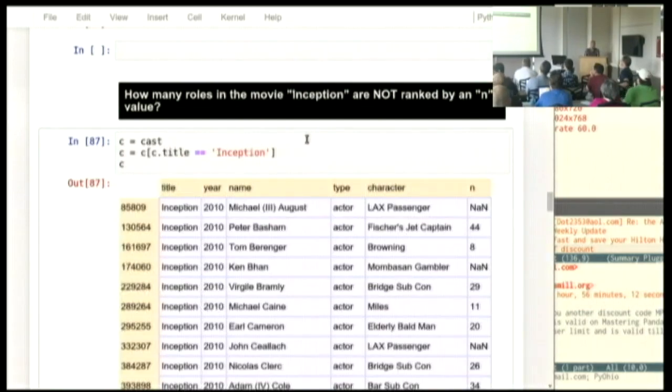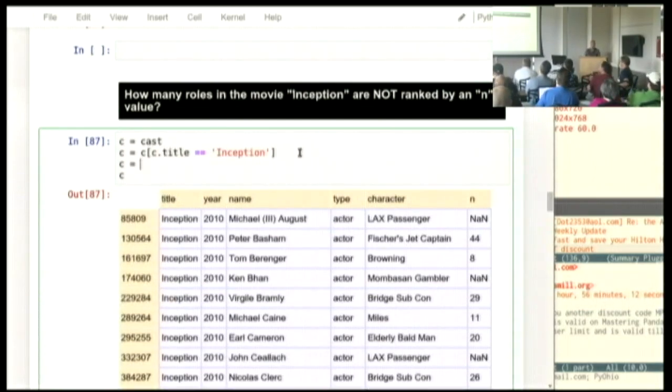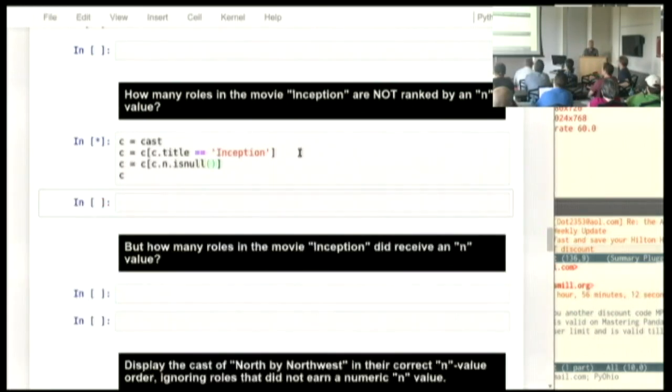And what I'm going to do here is a second filter to show you, if you want to know the roles that are not ranked, you say C.in, the column n, and you can't use equals, you have to say is. You would think it would be is NaN. Maybe I'll open an issue. But because NaN is what SQL people call the value null, in order to match the behavior of other data libraries, this is actually called is null.